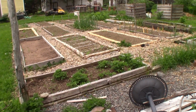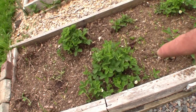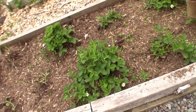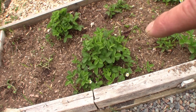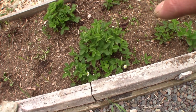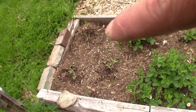This is the sunny plot. My strawberries are coming back quite strong. And new information I gathered, I'm thinking that what I was thinking was the adult form of the strawberry root maggot was not. The plant that was here didn't return to life. That one was completely dead. The one over here,